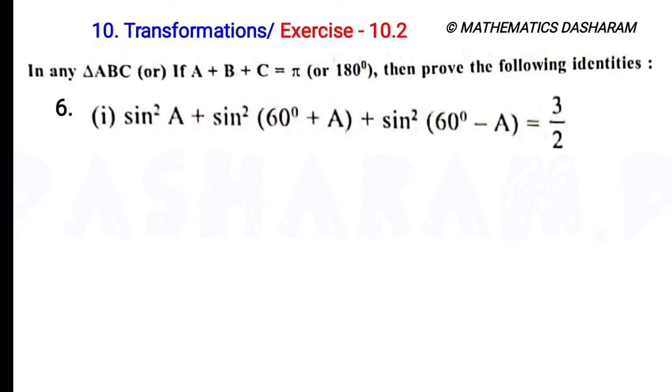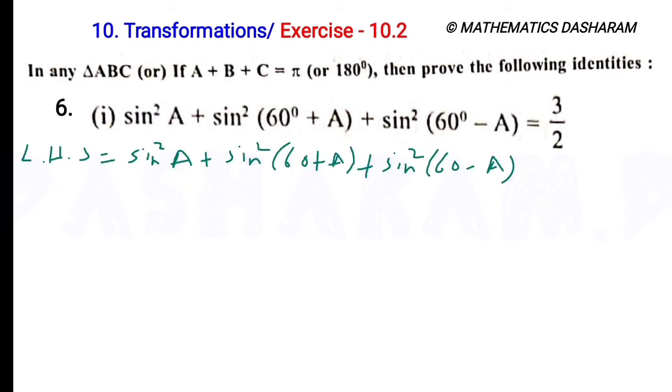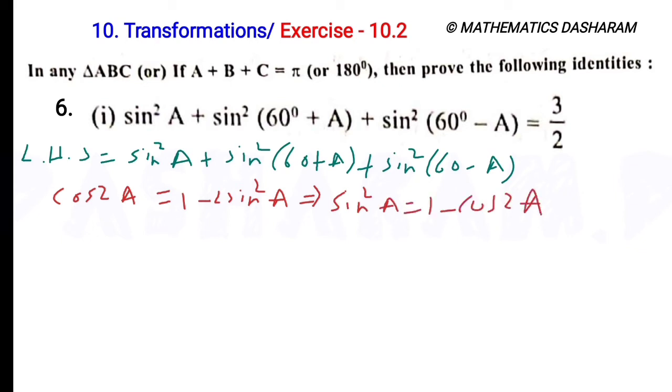Sixth bit, first problem: sin²A + sin²(60+A) + sin²(60−A) = 3/2. The cos 2A formula is 1 − 2 sin²A. From this, the sin²A formula is (1 − cos 2A)/2. So the left side equals (1 − cos 2A)/2 plus, here at the place of A